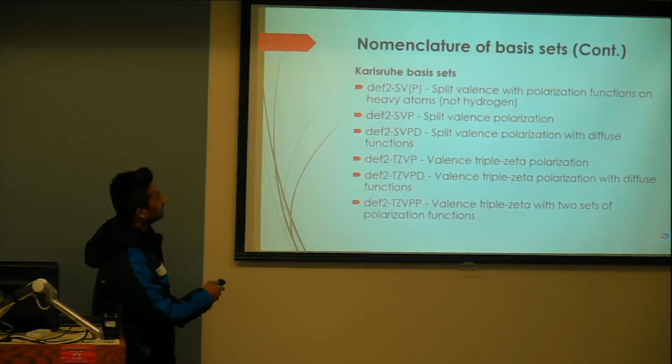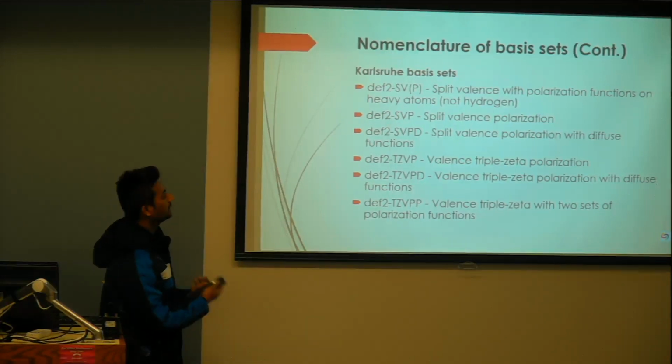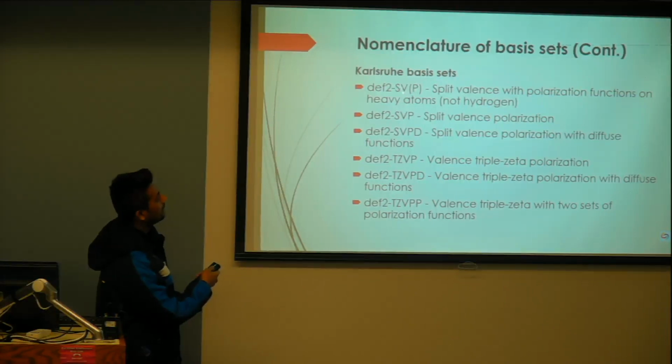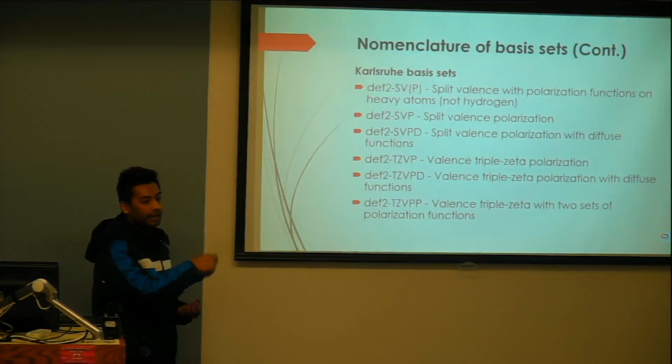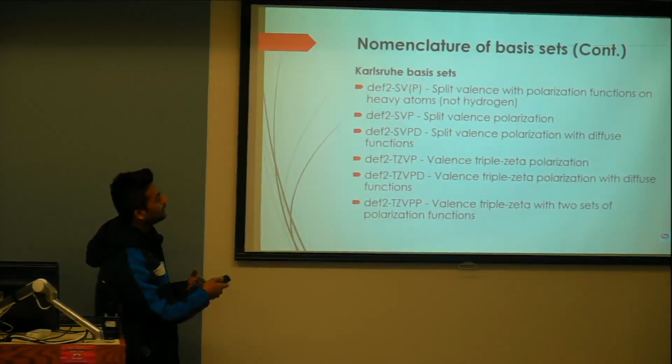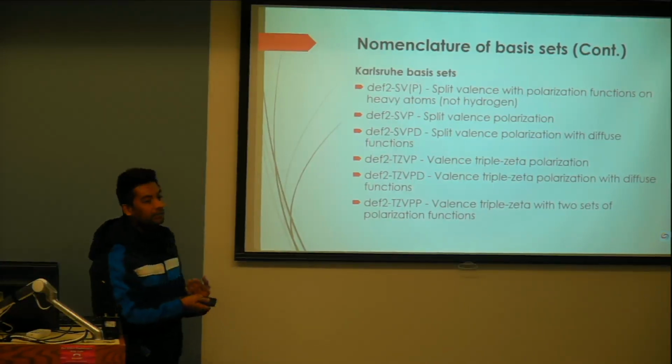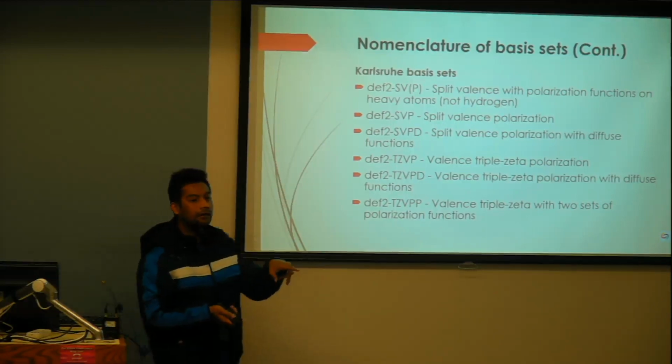There is another set, the Karlsruhe basis sets. They are named after Karlsruhe. This is also a polarized function. Polarization function has been used. So if you see, this is split valence. Split valence, when you use a parenthesis like this, that means the polarization function has not been applied to the light